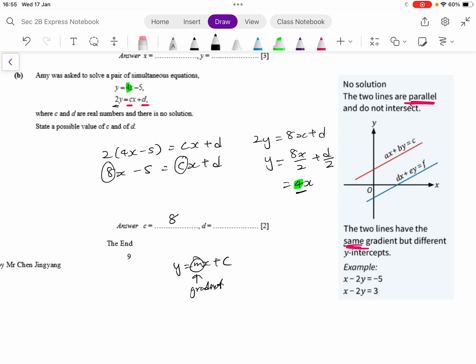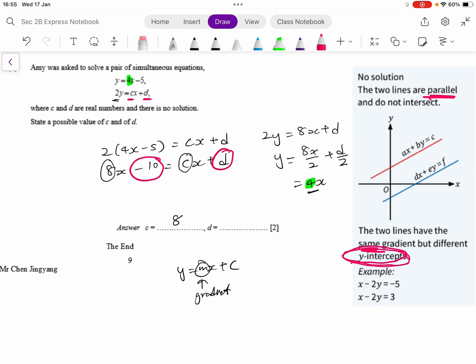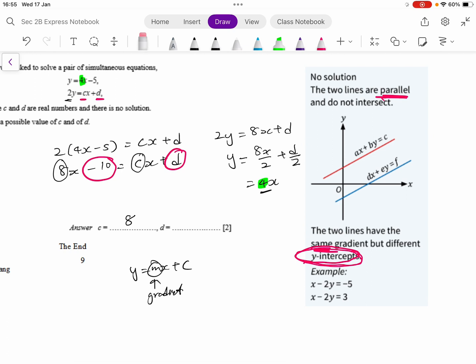However, if I were to compare my equations here, sorry, this should be 10. If I were to compare my equations here, D cannot be minus 10 because they must have different y-intercepts. This is the mistake I made in class. They must have different y-intercepts, and hence D can be any value but 10